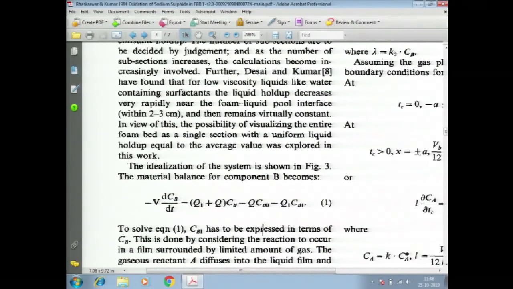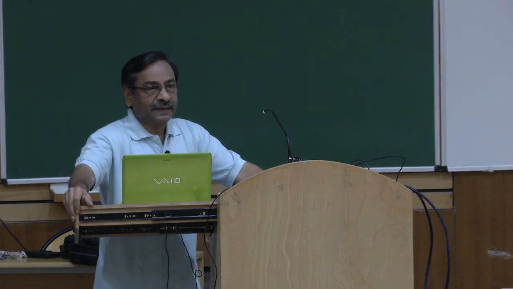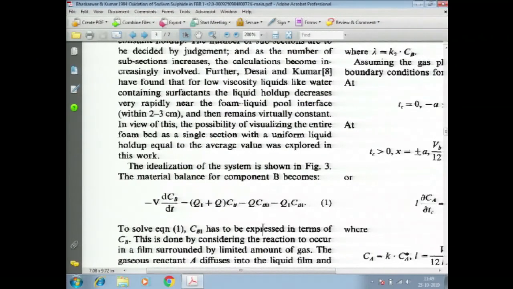You would have noticed now the second thing, I did not write any reaction term here, and one might ask the question, why not? I do not have any separate reaction term here. There is an assumption, backed by certain calculations, which shows that the overall reaction of oxygen and sodium sulphide is actually fast, which means if the reaction is fast, the concentration of dissolved A in this liquid would be very low, negligible.